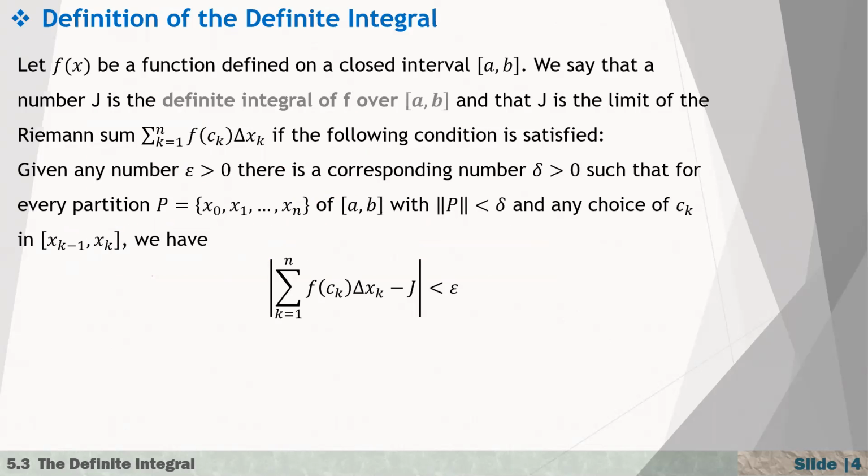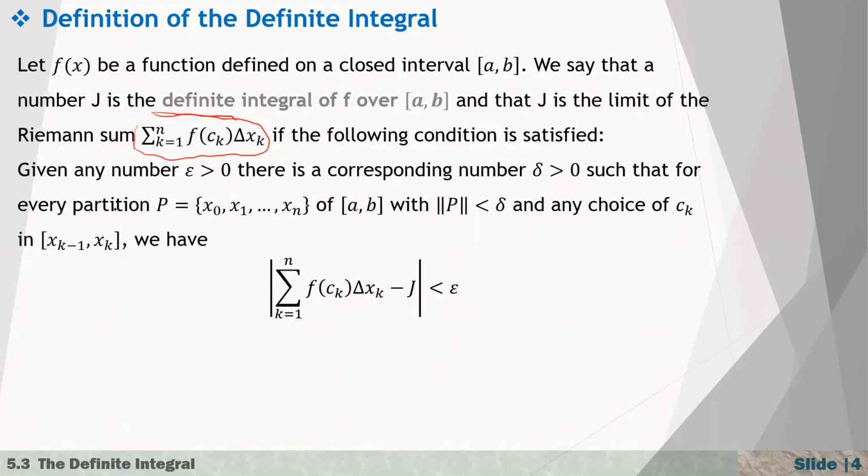Let's see here, first we are forming the Riemann sum and calculating this limit. Does it exist or not? If it exists, then we are calling this the definite integral of f over that interval, if the following condition is satisfied. The condition is just the definition of a limit that you studied in chapter 2. So let's say that given any positive number epsilon, there is a corresponding number delta, such that for